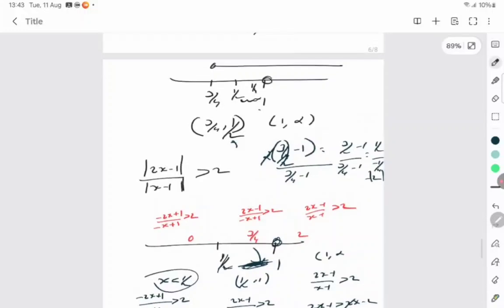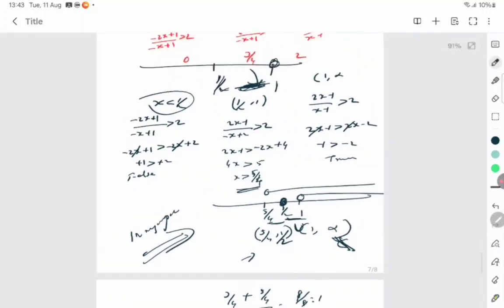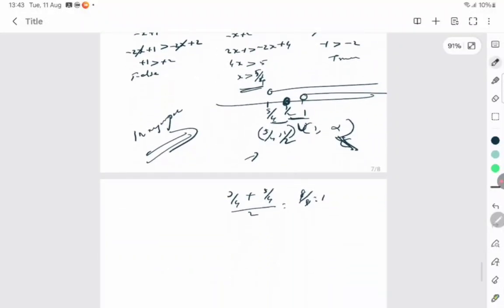So there I'm getting 3 by 4. And you know 5 by 4 is greater than 3 by 4. I'm trying to find somewhere midpoint between these two. It is 8 by 8, which is 1. And you know the answer, it cannot be 1. So definitely